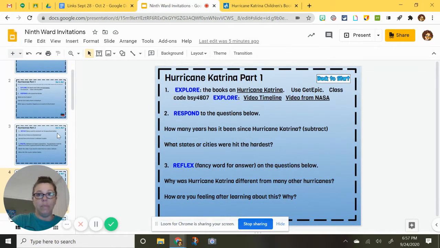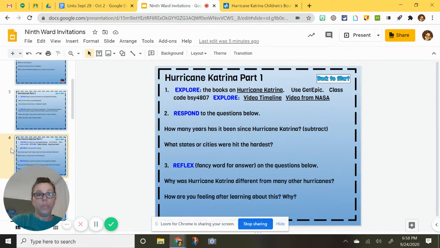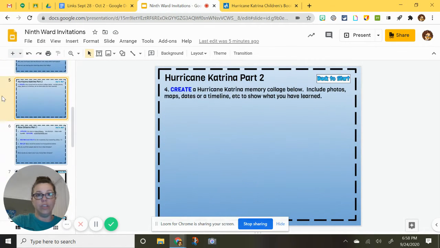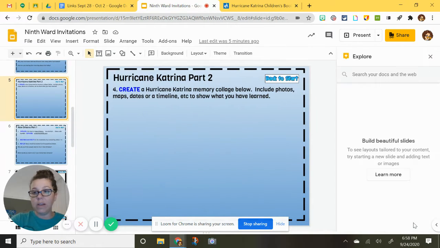Now, again, for the fun part, our next slide is our creation slide. It says, create a Hurricane Katrina memory collage below. Include photos, maps, dates, or a timeline, etc. to show what you've learned. This is where you would use your Explore button and you would type in your,